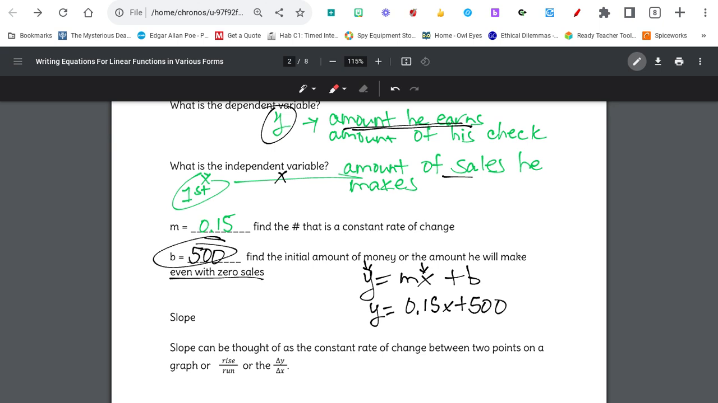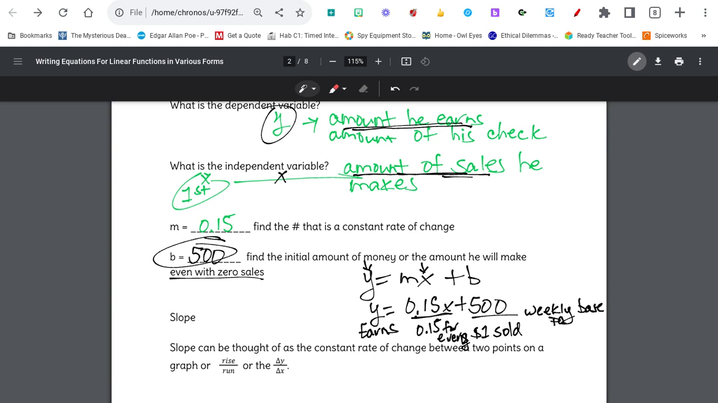Y, which is the amount he earns, is 15 cents for every X, where X is the amount of sales he makes, okay? So 15 cents for every dollar worth sold. I'm going to put for every dollar sale, or every $1 sold. Plus 500, which is his weekly